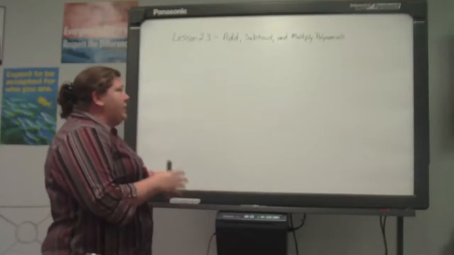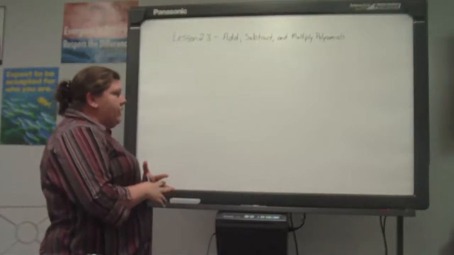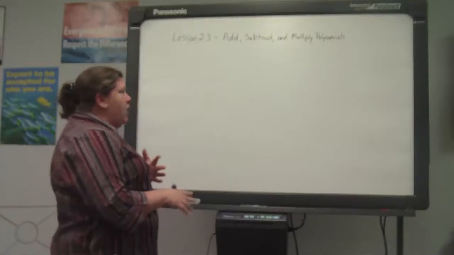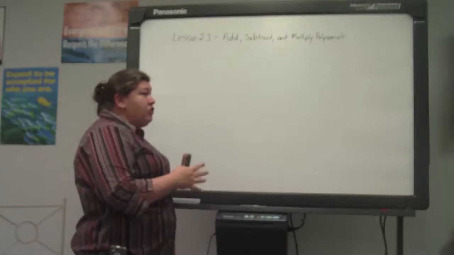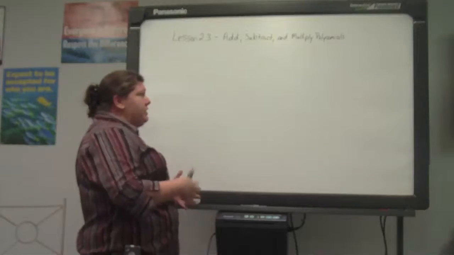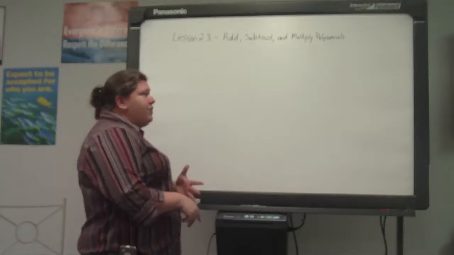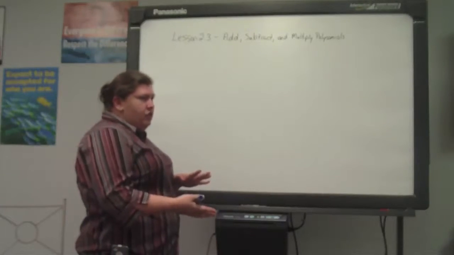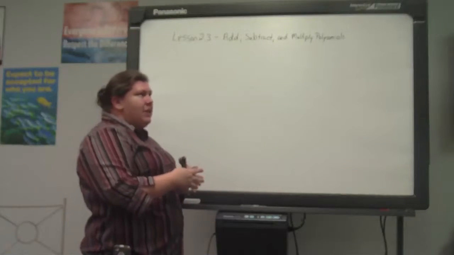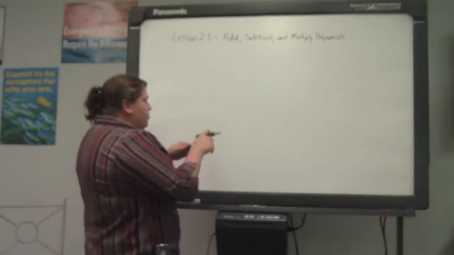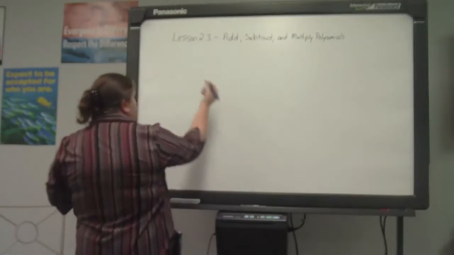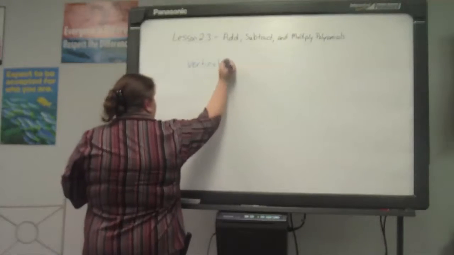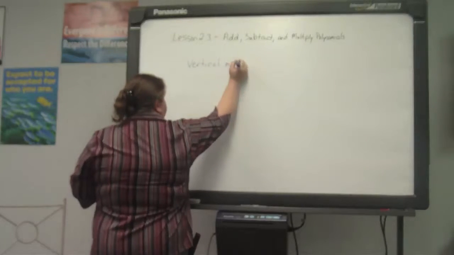Today what we are doing is we are starting on lesson 2.3, which is adding, subtracting, and multiplying polynomials. There are two methods that you can choose to use when you are adding, subtracting, and multiplying. So what I'm going to do first is I'm going to do addition in both methods so you can see how they end up with the same answer. So the first one I'm going to do is the vertical method,